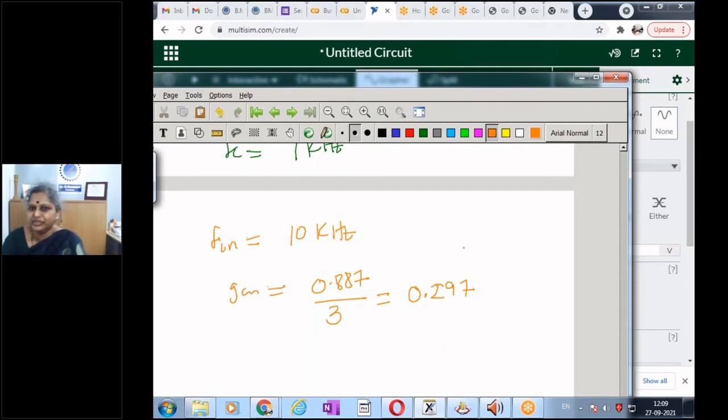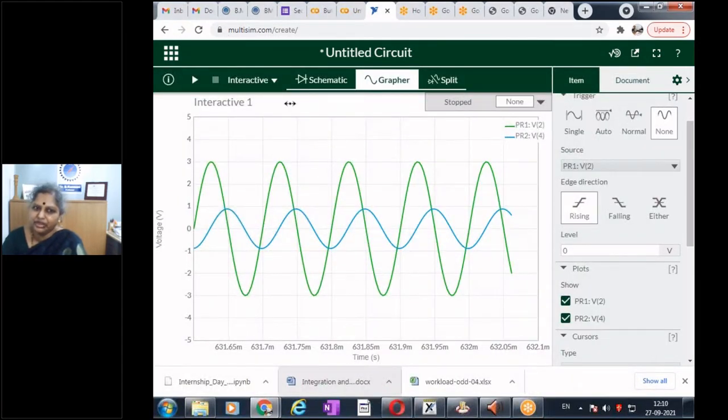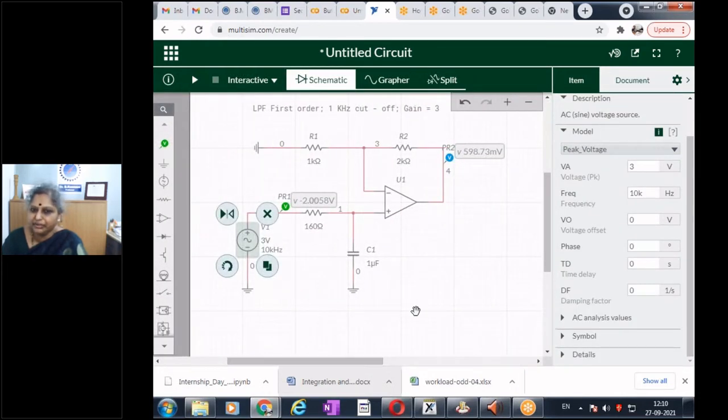This is a first order system, a low pass filter that we have designed, and that's good. That's nice. So now, are you all comfortable with the first order system? So now we will change the same to a second order system. You can save it if you want. Otherwise, let us convert it to a second order filter.